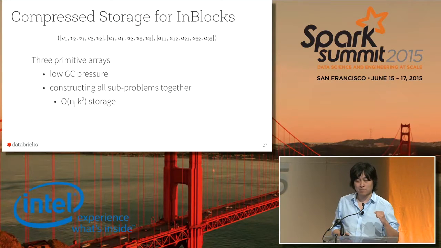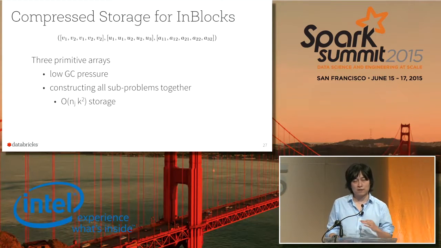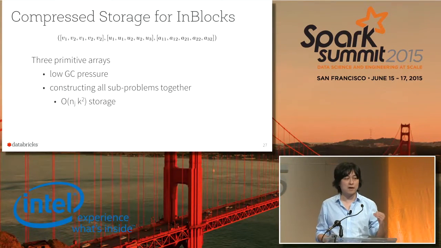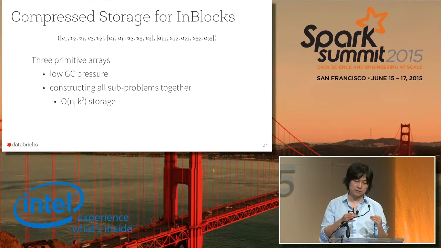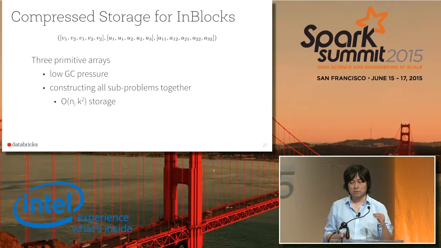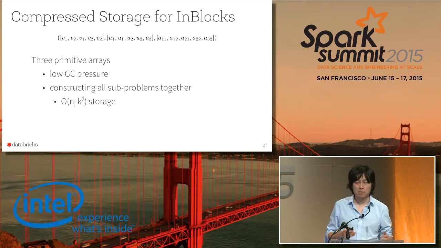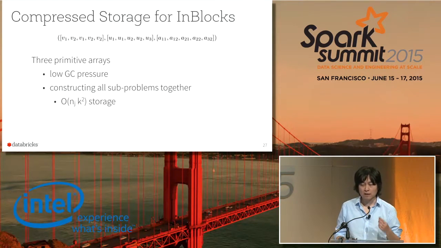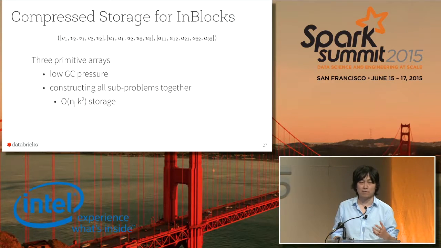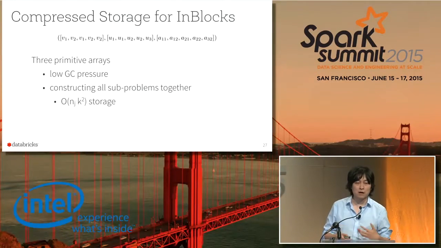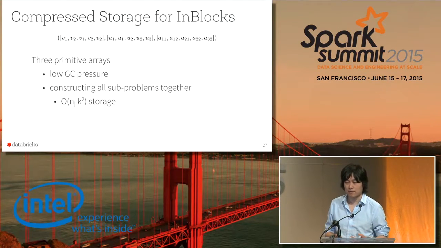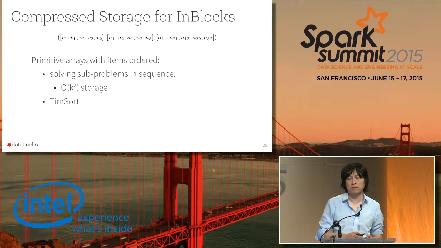However, the issue with this one is you need to construct subproblems altogether because there is no certain ordering on the items. And for each item, you need to collect all the user factors and aggregate them. So then you have to scan over and maintain multiple copies of the subproblem. Actually, you have a memory requirement of n_j times k squared, and n_j is the number of items you have in this block. It's actually very large. Consider n is maybe 100 million, and k is 10. Usually you may run out of memory for this.